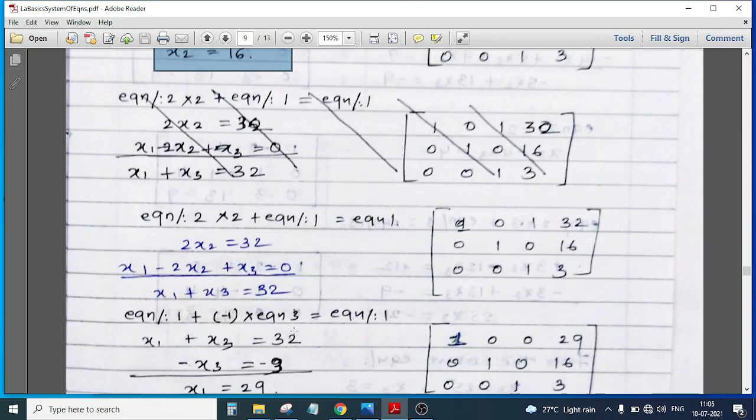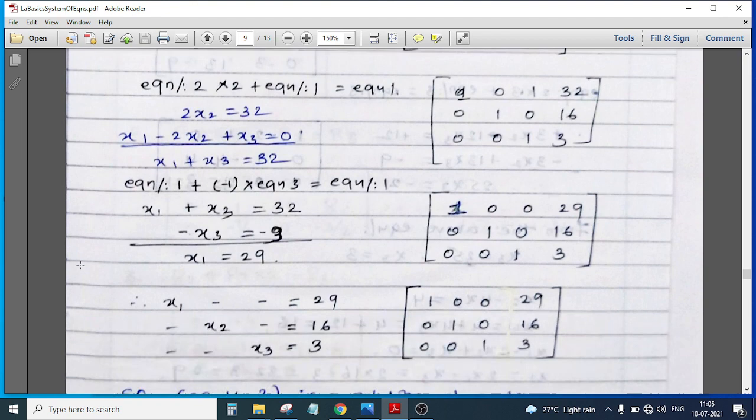Then it is very simple to find your x1. To find x1, we have to use our equation 1. Why? Because in both equation 2 and equation 3, we have eliminated our x1. That's why this method is called the elimination method. So what will we be doing here now? Multiply equation 2 with 2. That means you have got 2x2 is equal to 16 into 2, which is 32. So 2x2 is equal to 32. Add this with equation 1.